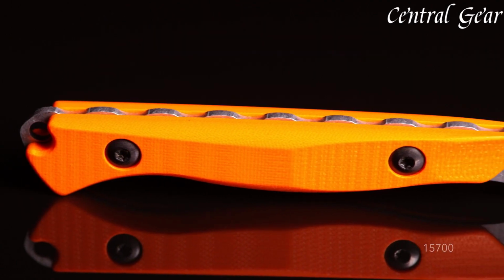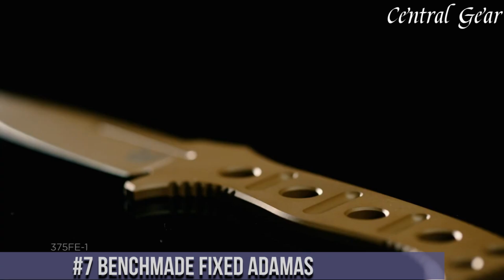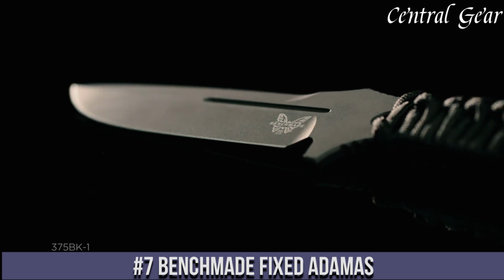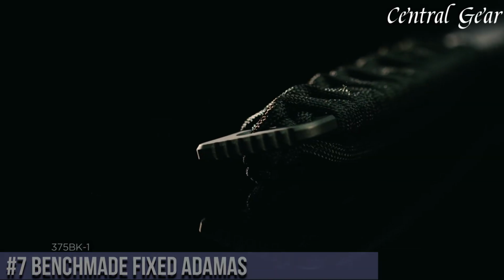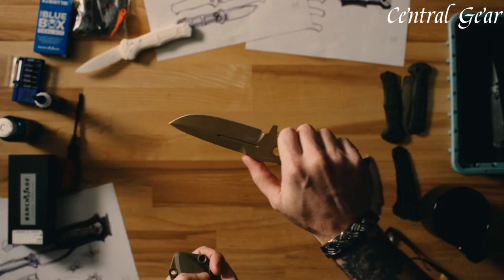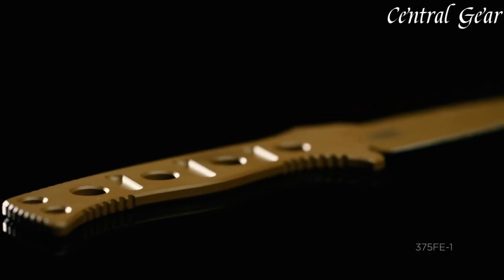Combining durability, functionality, and meticulous craftsmanship, the Benchmade Flyway is an indispensable tool for hunters dedicated to excellence in the field. Number 7. Benchmade Fixed Adamas is a robust and durable tactical knife designed for heavy-duty use by military and outdoor professionals. Featuring a 4.2-inch CPM Cruwear steel blade, it delivers exceptional strength, edge retention, and wear resistance, ideal for